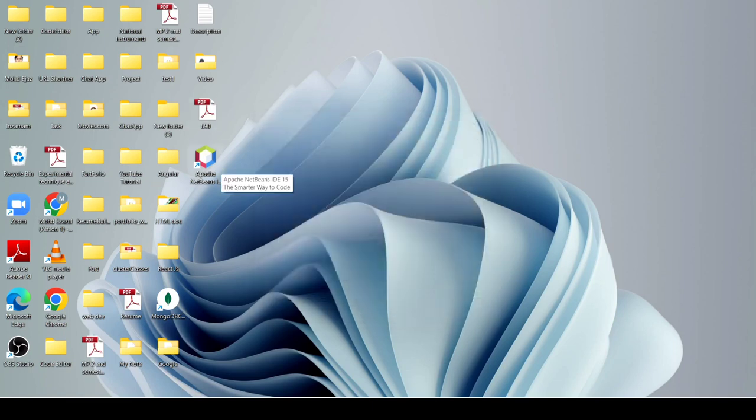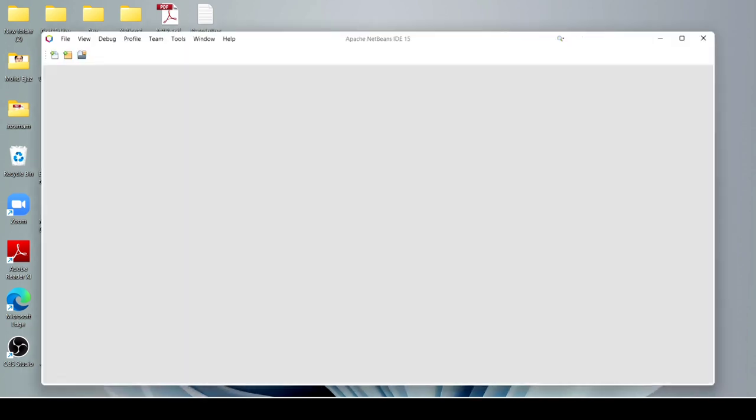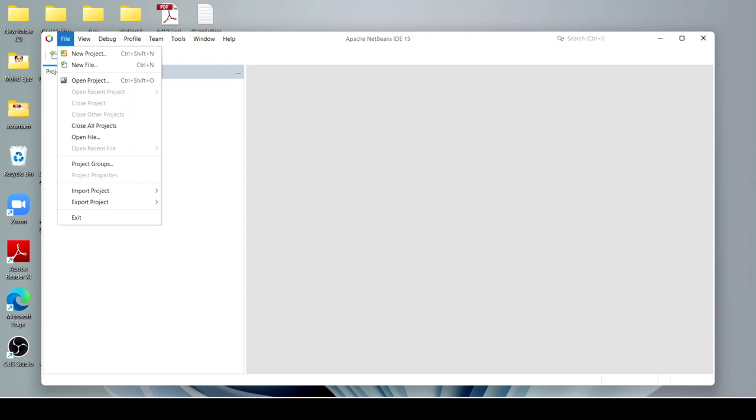now here we have to click on Apache NetBeans. It will load our Apache NetBeans. Okay, now this is the starting page when you open it the first time, and here you have to click on new project,